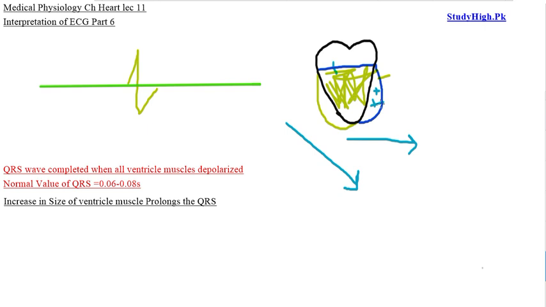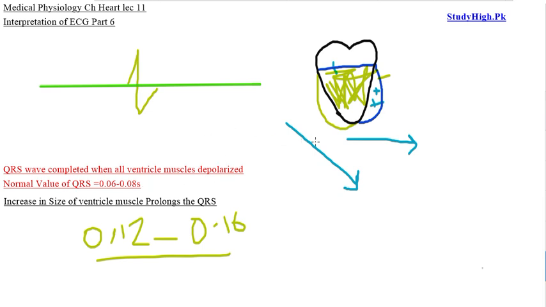then an increase in the size of either the left ventricle or the right ventricle will result in elongation of the normal value of QRS to 0.12 or maybe more according to the different types of diseases, maybe between 0.12 to 0.16 second. So an increase in size of ventricles results in prolongation of the QRS complex. So if on the electrocardiograph the QRS complex prolongates, there is some disease in our heart and we have to diagnose which type of disease.